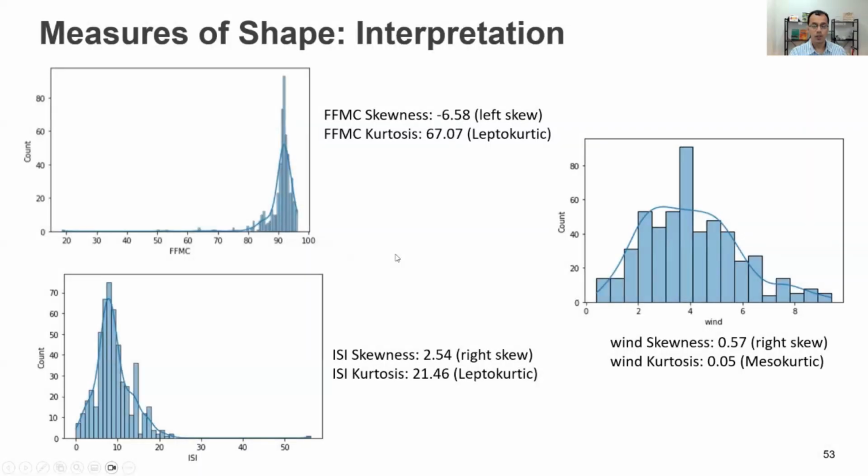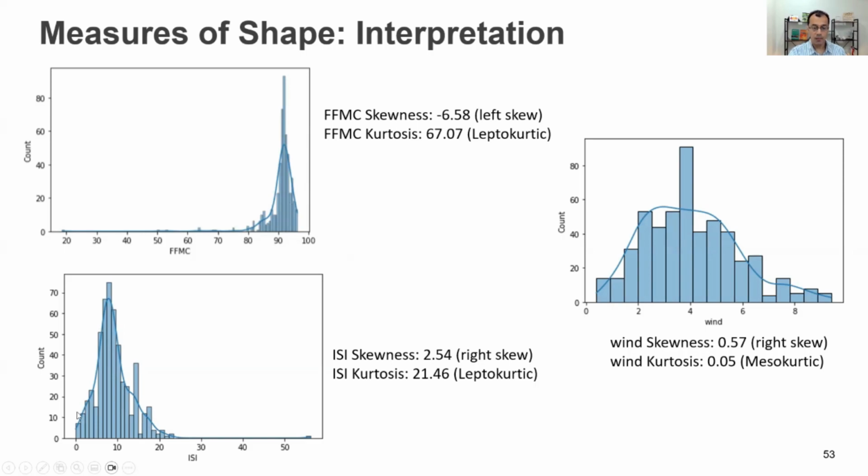To conclude, let us take the example of the forest fires dataset. We are here looking at the variables FFMC, ISI, and wind. As we can see, the distribution of FFMC has a long tail to the left, so its skewness is negative, and it also has a high absolute value because it has a long tail to the left. And it also has a high kurtosis value, thus it is a leptokurtic distribution, meaning that it has a steeper